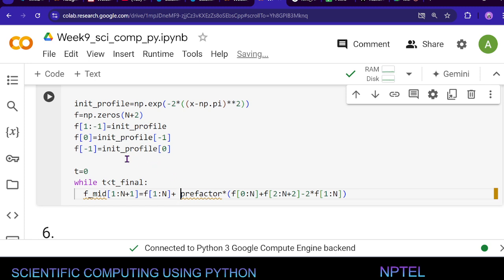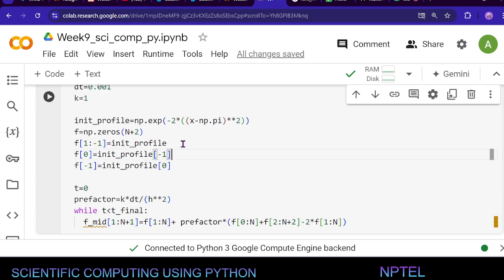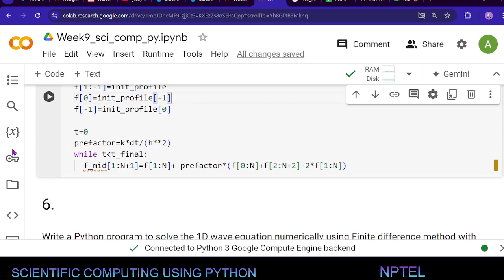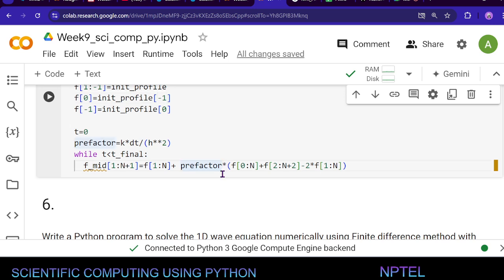Oh, I forgot to define the prefactor. Prefactor, as we saw, was k times dt divided by h squared. Have we defined dt? Yes. So we are going only up to the middle point, so it will be prefactor divided by 2. Okay, this is RK2,